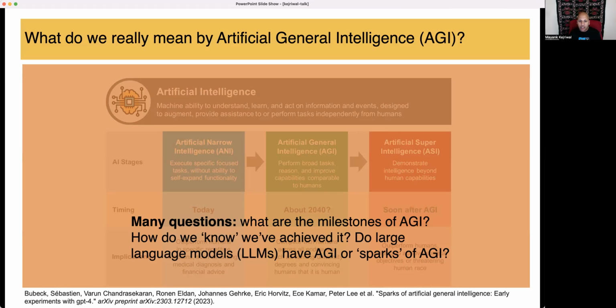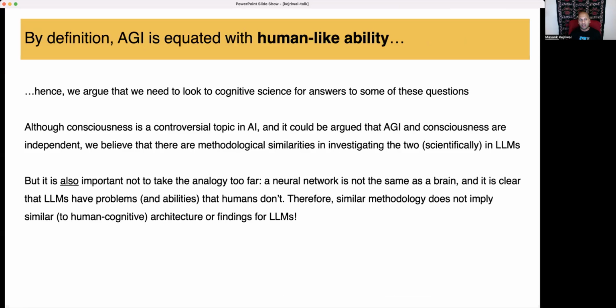The topic of AGI is similarly situated. We feel like there are hints of AGI, but we don't know if it really has it. We don't know how to test for it. There are lots of interesting questions. The answer is not obvious, is I think what I'm trying to convey with respect to these models.